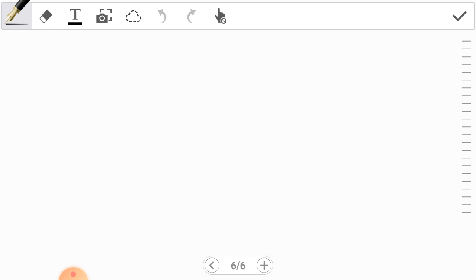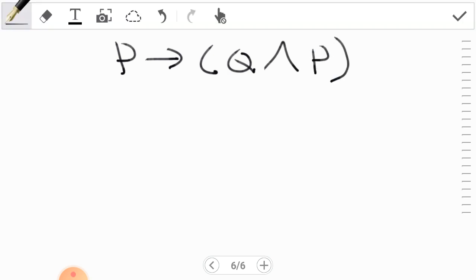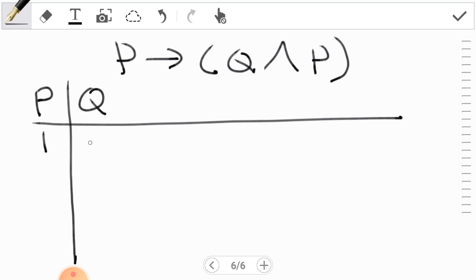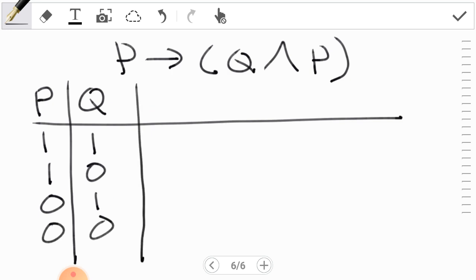Let's say we have, find the truth table of P implies Q and P. So we want now to find the truth values for this compound proposition. So to do this, we have our propositions P and Q. We have again 1 1 1 0 0 1 0 0. This is our final